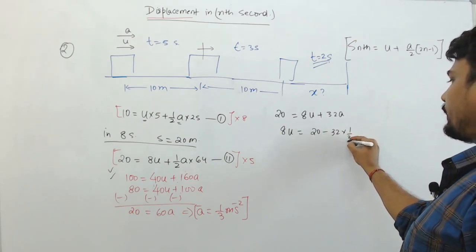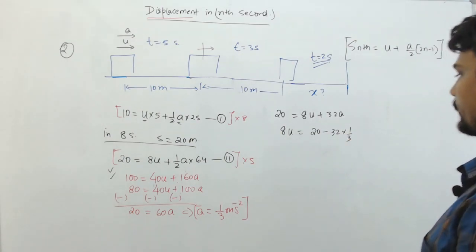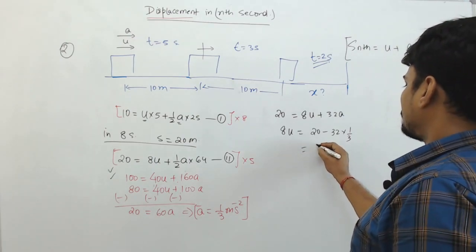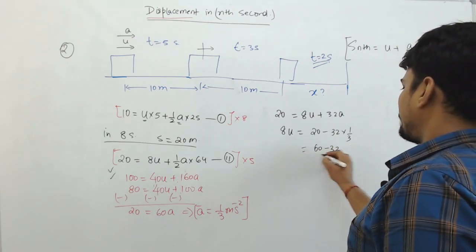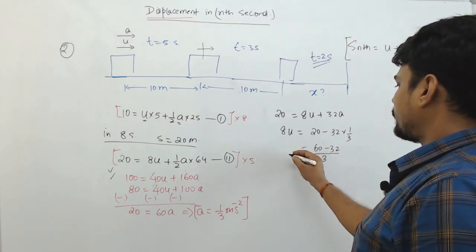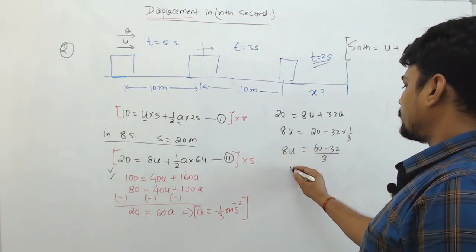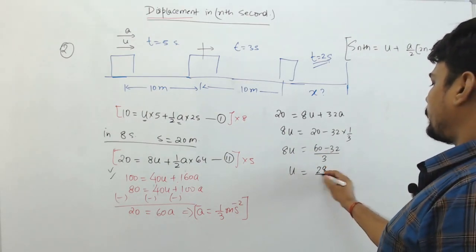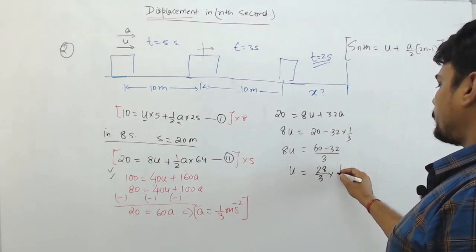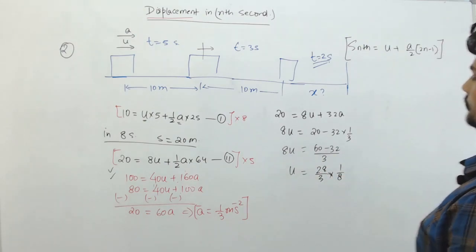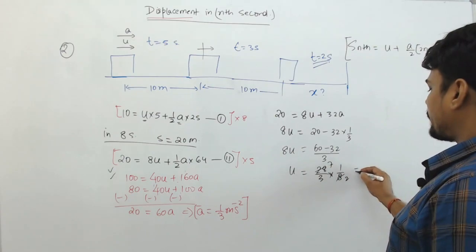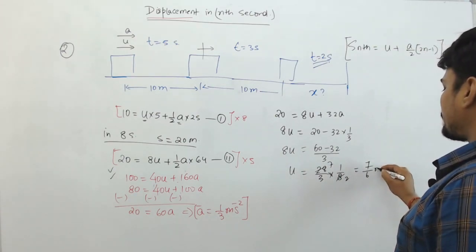1 upon 3. Weird values आ रहा है, but कोई नहीं, क्या दिक्कत है, कर लेते हैं इसको भी. चलिए ठीक है, so this is going to be how much? 60 minus 32 upon 3, that is going to be 8u. So u should be how much? आपका हो गया 28 upon 3 times of 1 upon 8, है ना, सही है. So 4 times 2, 4 times 7, so we are getting some 7 upon 6 meter per second is the